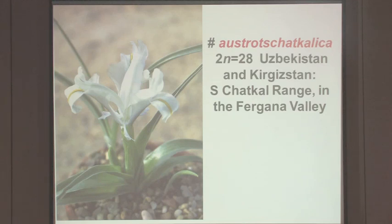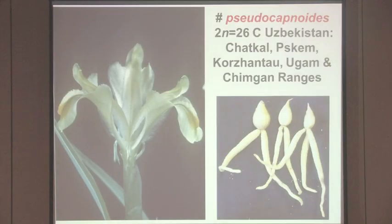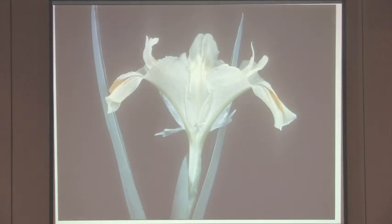It has the same chromosome count, but a different karyotype, that is chromosome shape. And its seeds do not have the prominent arrow that Iris capnoides has. And then there's Iris pseudocapnoides that Yanis Ruxans described a few years ago, which is a bit like capnoides but taller and without a heavily dissected crest, and always pale white or straw yellow, vigorous and fairly easy in the